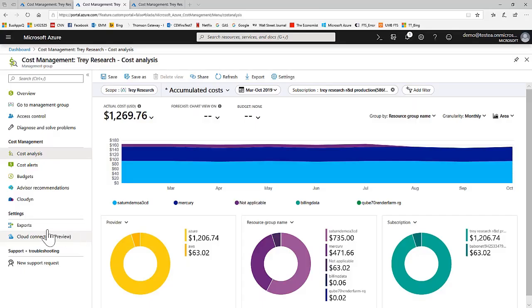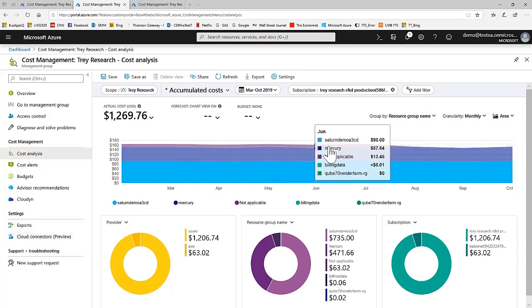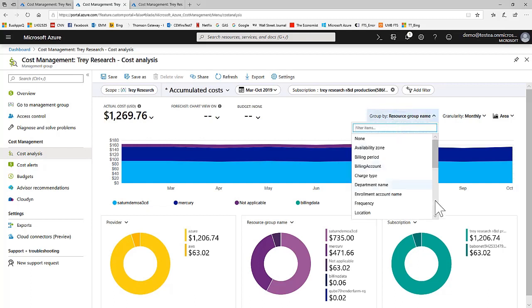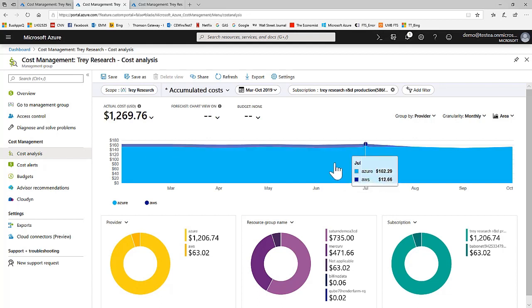and there's a selection so we can go ahead and resize it to that recommended size. Amazon Web Services or AWS spend can be included in Azure Cost Management. The Cloud Connectors blade allows you to add AWS linked accounts, and you can separate and view Azure and AWS charges when you group by provider, as you can see here in the pop-up box and in the bottom left